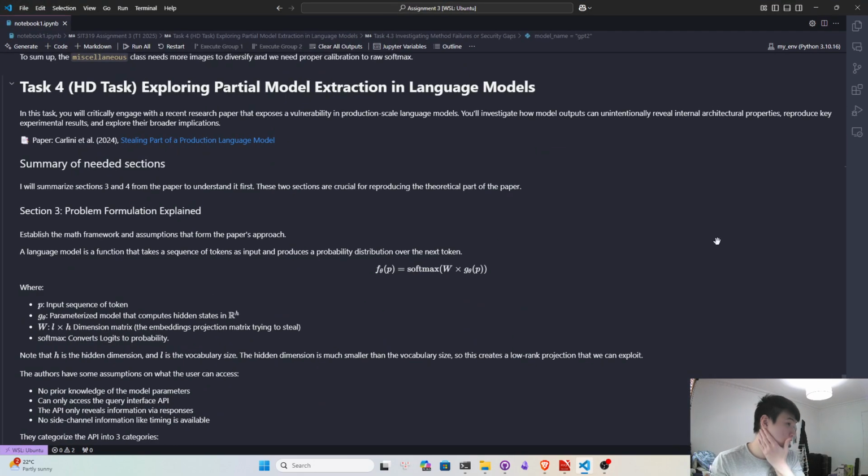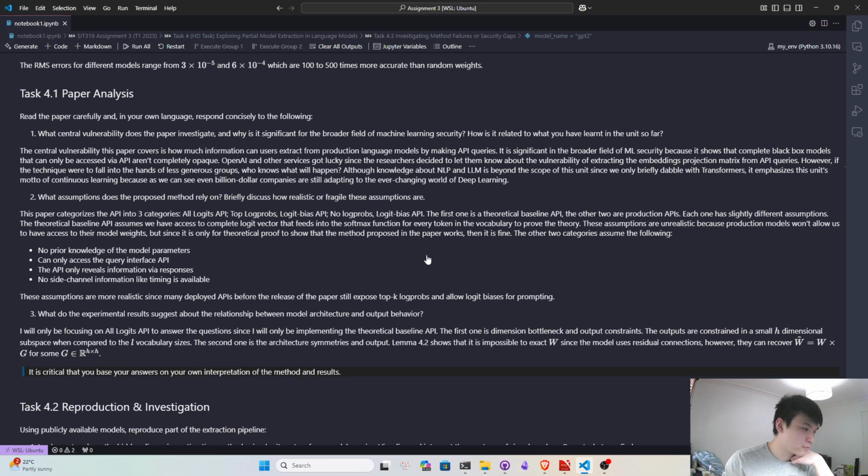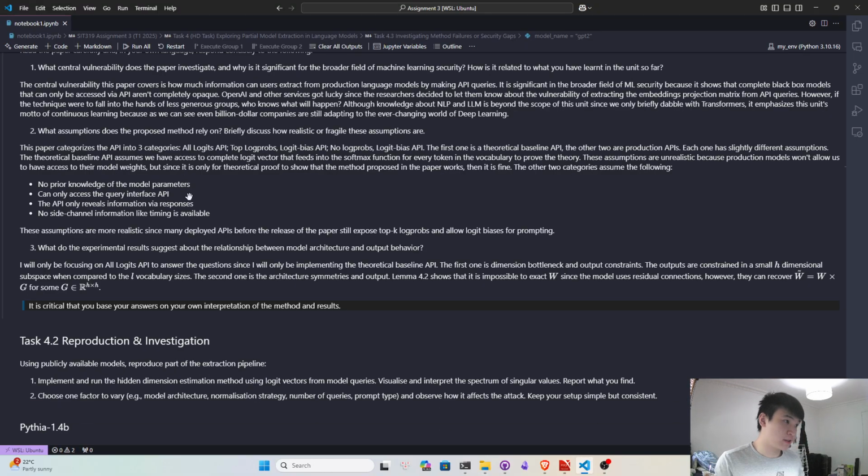Okay. Hi. So I'll be explaining task 4, exploring partial model extraction in language models. First I will be explaining the general idea behind it. We are exploring the vulnerability of production language models by making API queries, and we extract how much information users can extract via API queries, and the paper has some assumptions for different